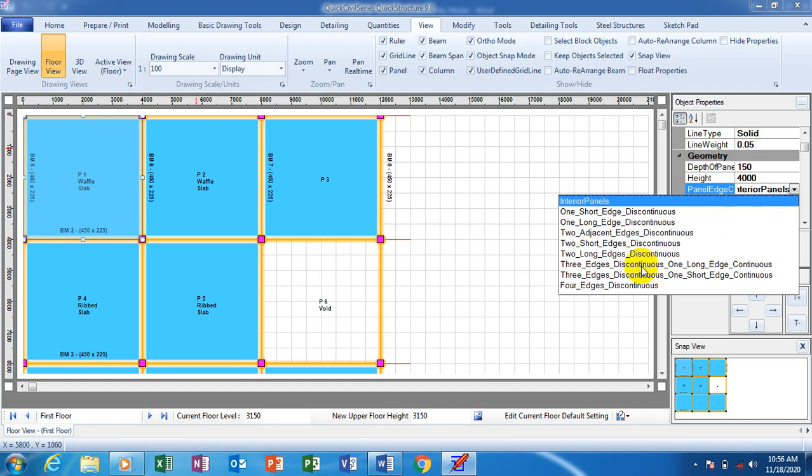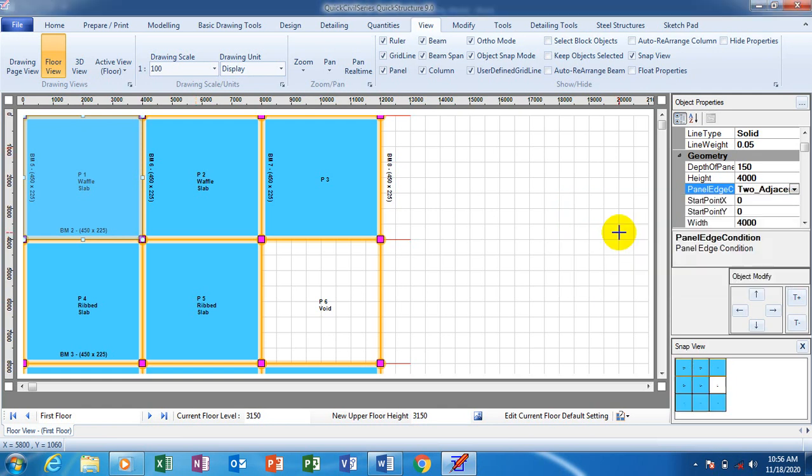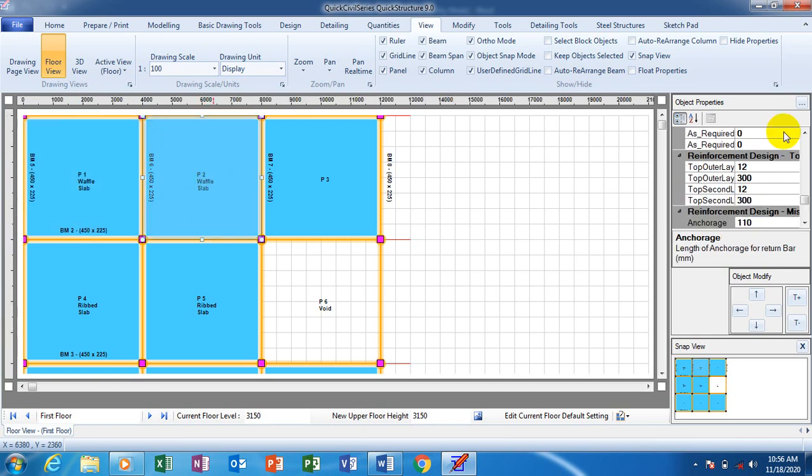Okay, so right now we have two edges that are discontinuous, which I'm going to click. So I have two adjacent edges that are discontinuous. So my panel 1 is two adjacent edges that are discontinuous. So my panel 2 is actually